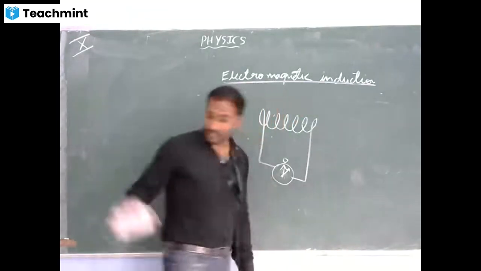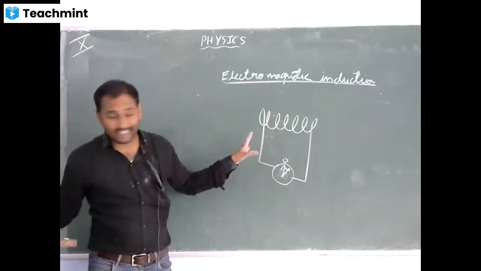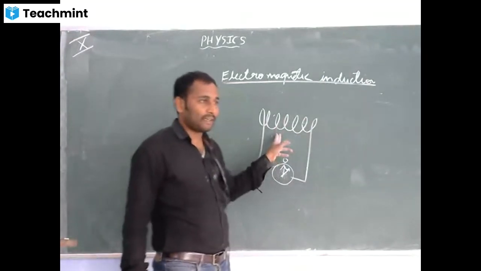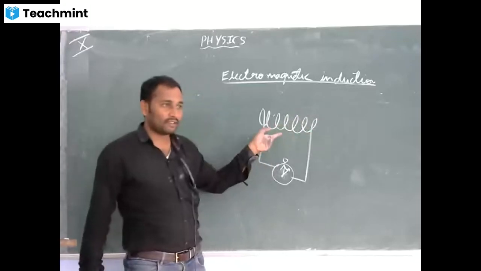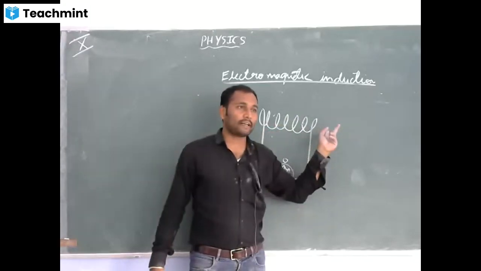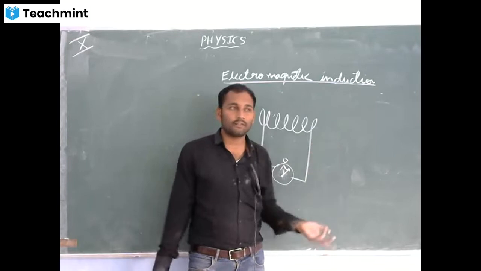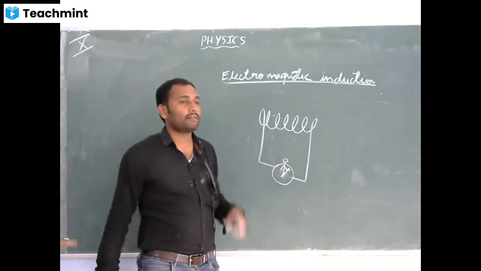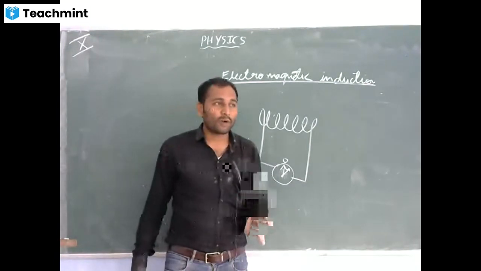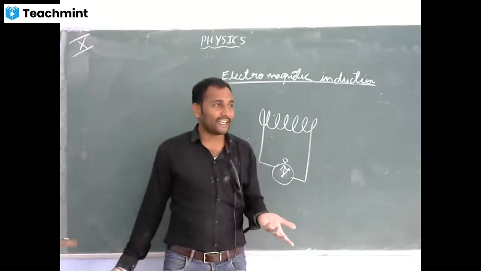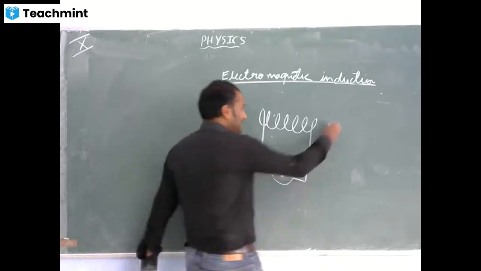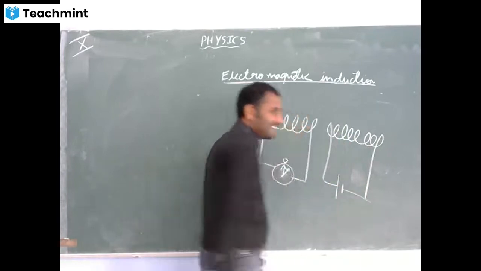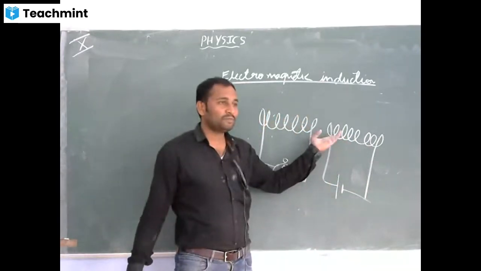Now, this experiment he has done, we call it the magnet coil experiment. Instead of a bar magnet, can I use something else? I don't have a magnet now. I have current, I have a copper coil. How to get a bar magnet? Solenoid, right? So I will place one solenoid here, connected to a battery. So this is a bar magnet now.